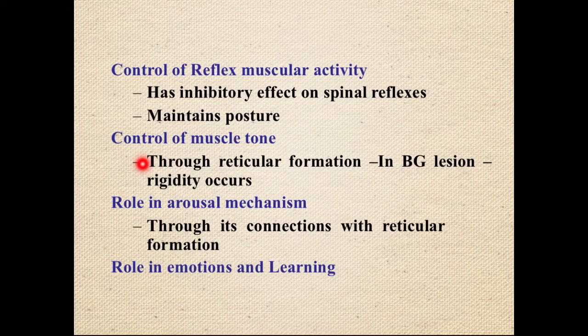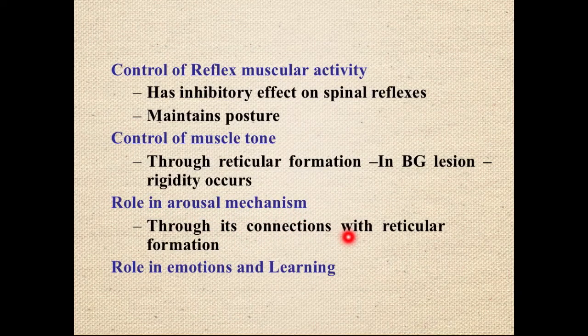The third one is it controls the muscle tone, and muscle tone we have covered in the motor system part, like the muscle spindle and the gamma motor neuron of the spinal cord, which are responsible for maintaining the tone of the muscle, like that basal level of muscle toning, that is controlled by the spinal cord via muscle spindle and gamma motor neuron, and it has central control, and that central control is from the basal ganglia.